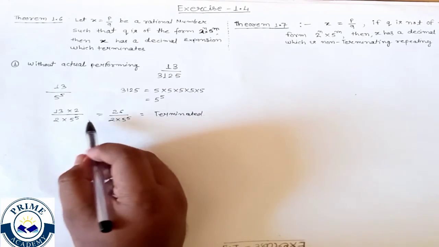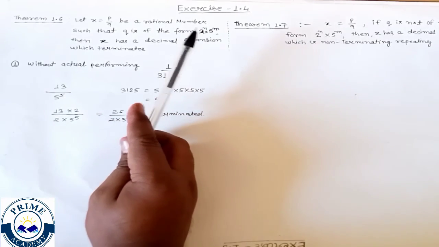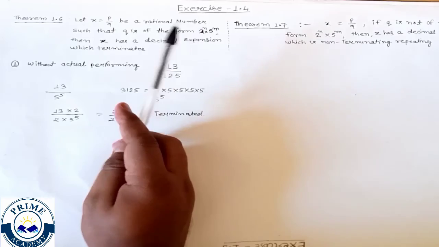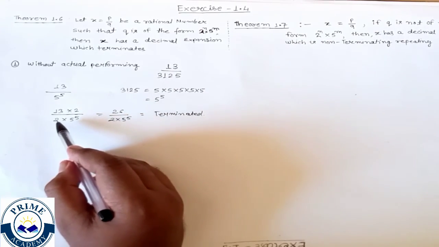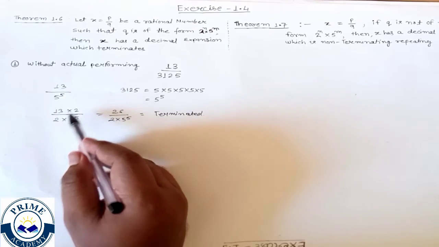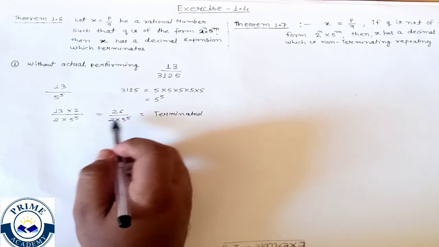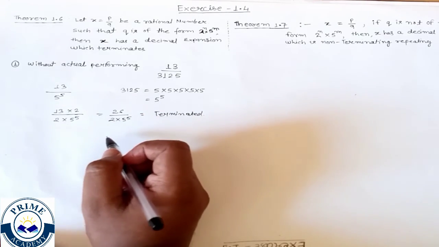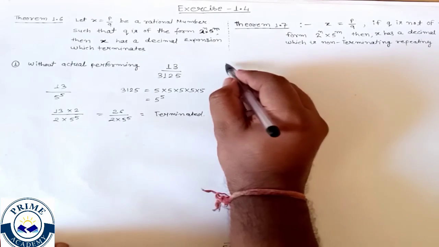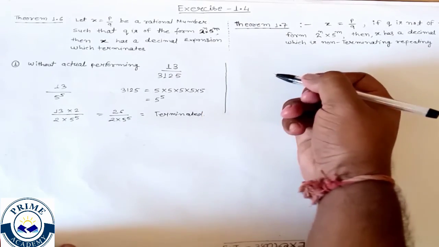Now if you have only 5 to the power 5 and we want it in the form of 2 to the power n and 5 to the power m, then you just multiply by a power of 2 in the up and down sides, means numerator and denominator, then you can calculate these things, right? Now take another example, which is given in question number 1, right?